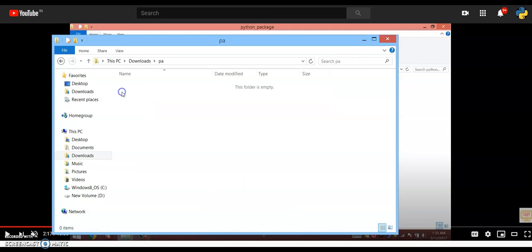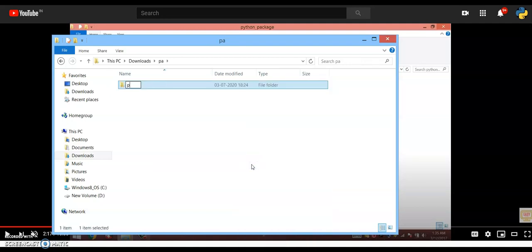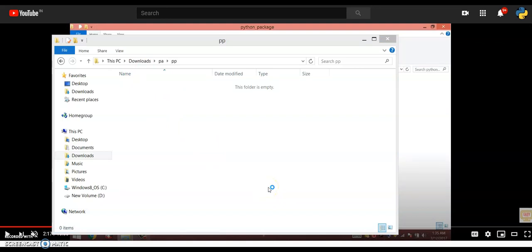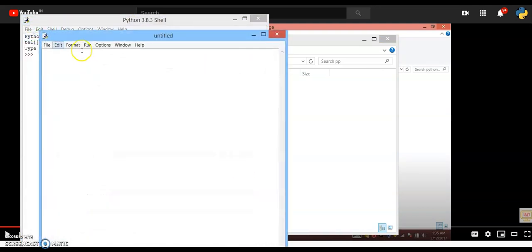Then under that folder, once again I am creating one more new folder called PP. I go inside the PP folder and create a Python file. If you want to create it, you just open the Python editor, create a new file, and then save the new file.